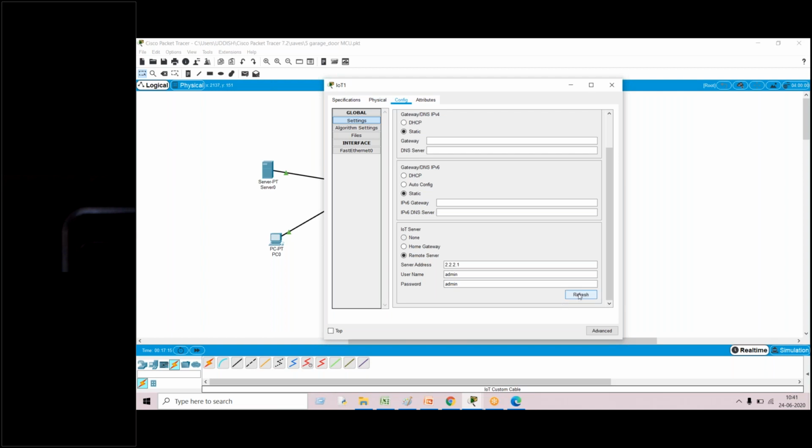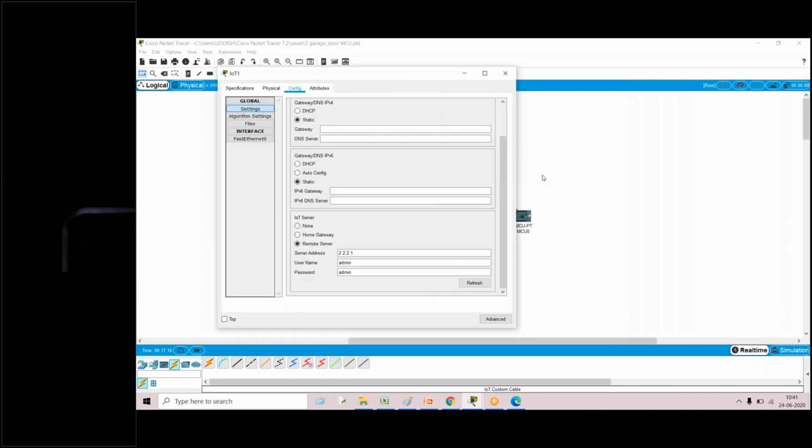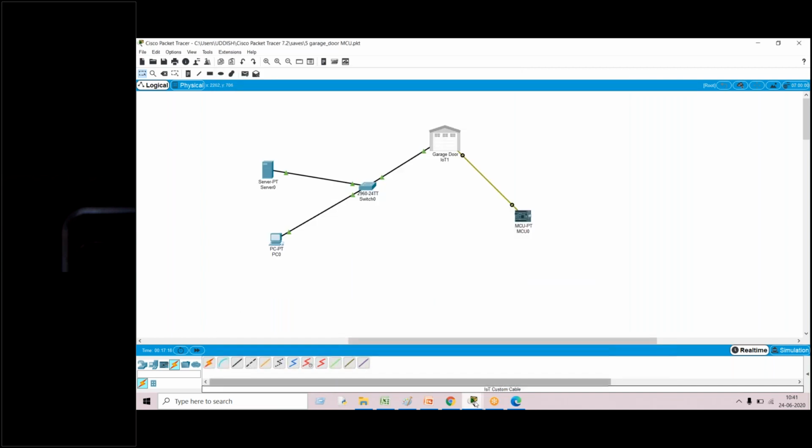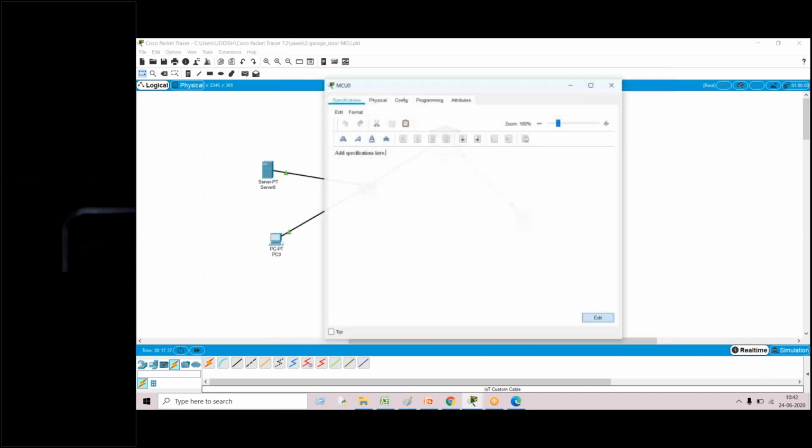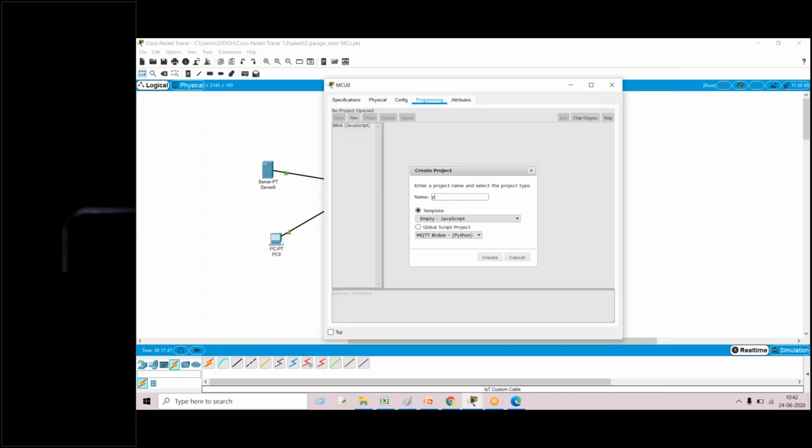But this is not the main part. The main part is that we have to write the Python program. For writing the Python program, just go to MCU, click on the MCU, and go to programming, create a new project, click on new. You give the name of the project, anything. I'm just giving project, and the template, I already said you can choose any other language whichever you are interested.